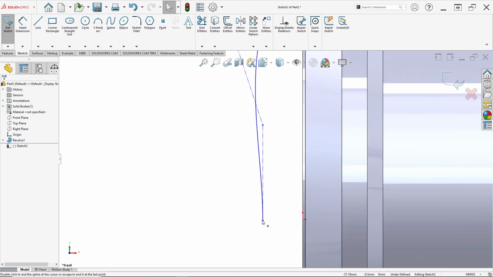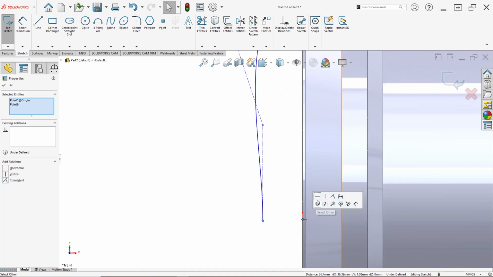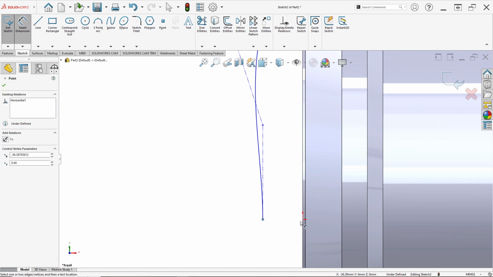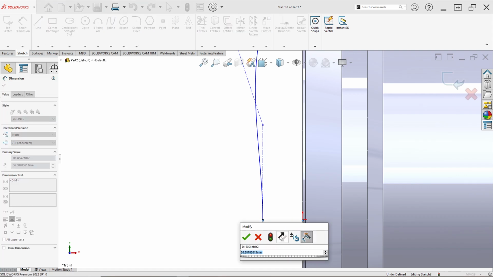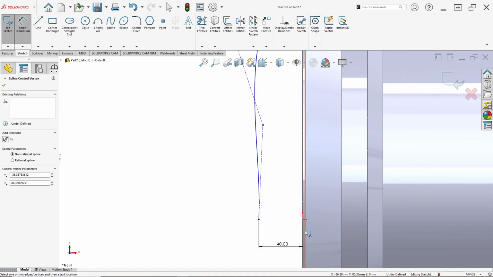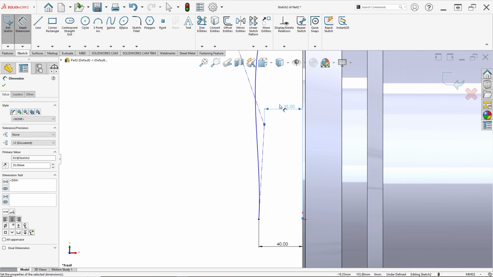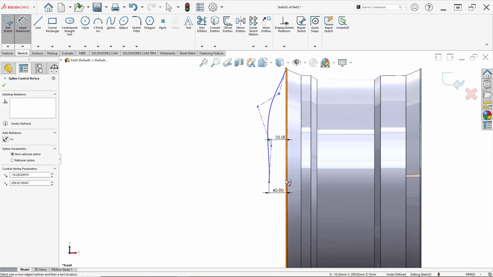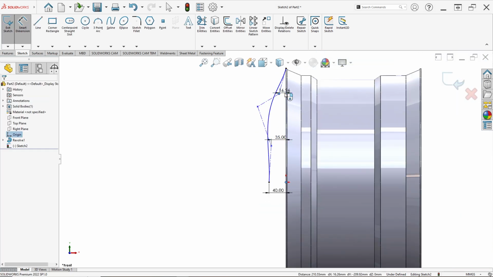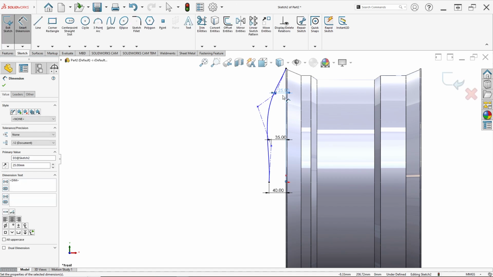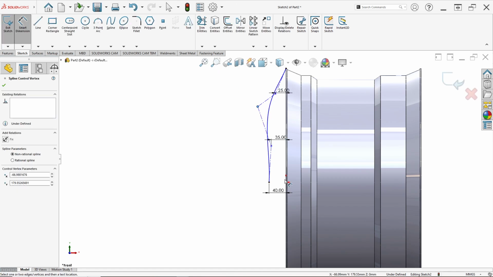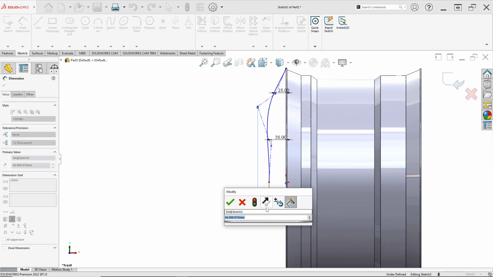For example, this point and this point, click make horizontal and set the dimension. For distance in here, I set 40 millimeter. This point to this point, I set distance 35 millimeter. This point to this point, I set 25 millimeter.